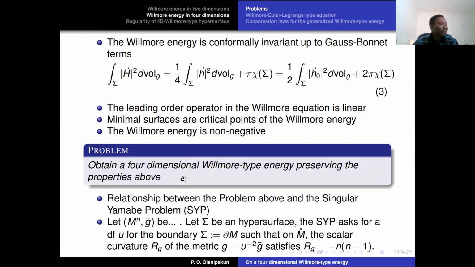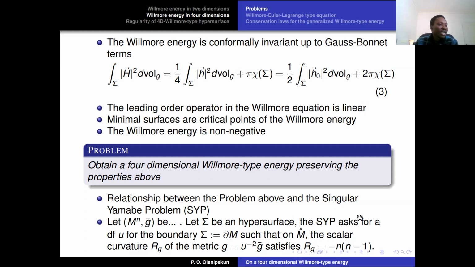You have a smooth compact Riemannian manifold of dimension n with boundary, with metric G bar. Sigma is a hypersurface. The singular Yamabe problem asks for a defining function u for the boundary sigma of M, such that